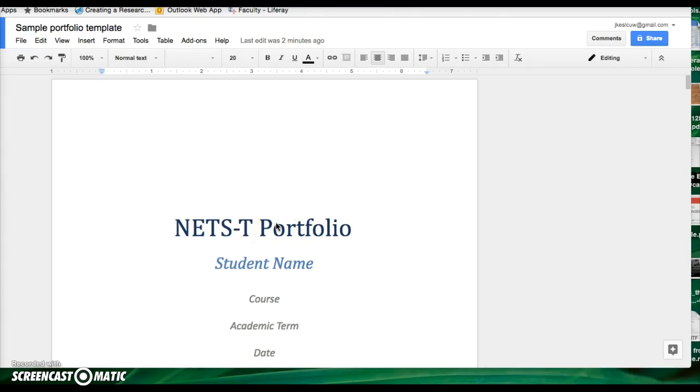I'm going to walk you through our portfolio template because the portfolio template is going to be used for your artifacts from now on and for your toolkit share from now on. So I'm going to be sharing a Google Doc with you using a tool called Doctopus, and that is only because